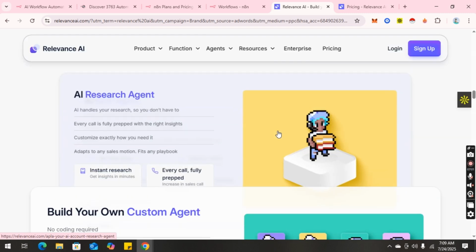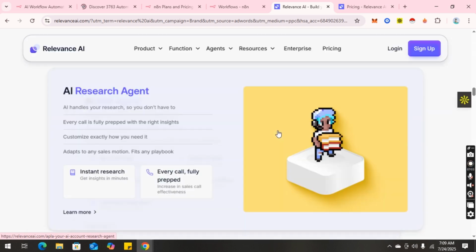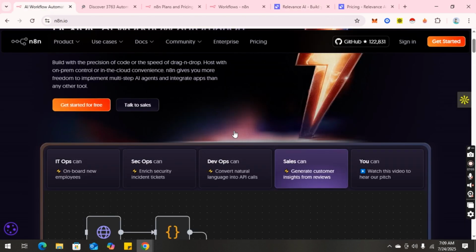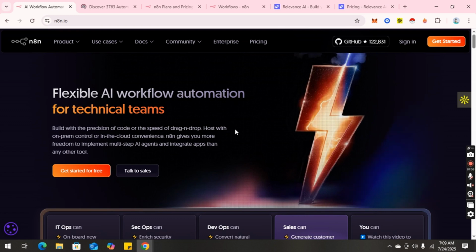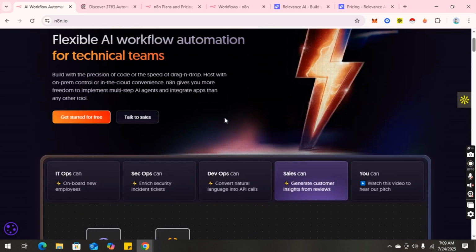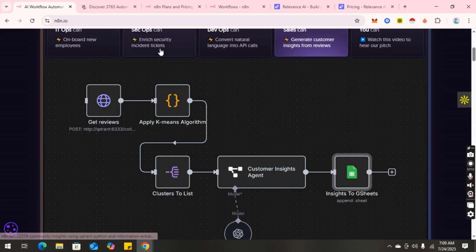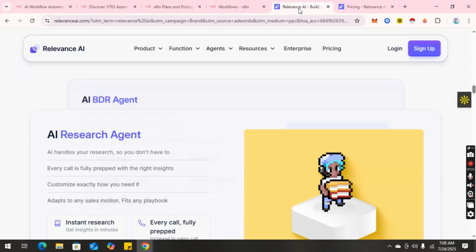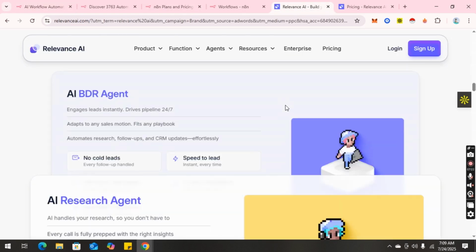Also in terms of scalability, N8N's recent enterprise tier introduces audit logs, multi-user environments, and environment management, making it more attractive for teams needing control and traceability. Relevance AI's roadmap, on the other hand, emphasizes autonomy.